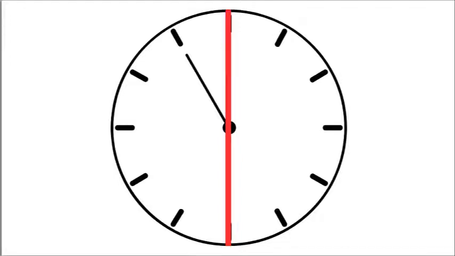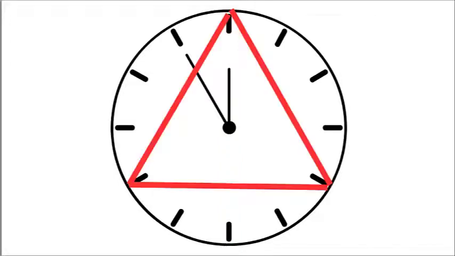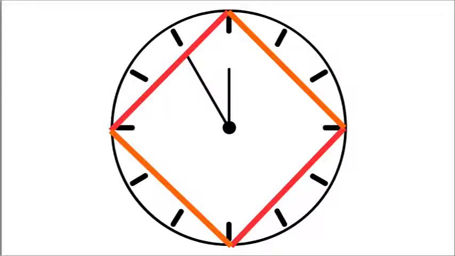Of course, we can divide by 2. We can also divide by 3. And in this case, what we're simply doing is taking that 360 degrees and dividing it into 3 arcs of 120 degrees each as we look around the dial there. So we can use that and proceed through the number system. We can divide by 4, and the 360 divided by 4 gives us 90-degree angles, and we end up with